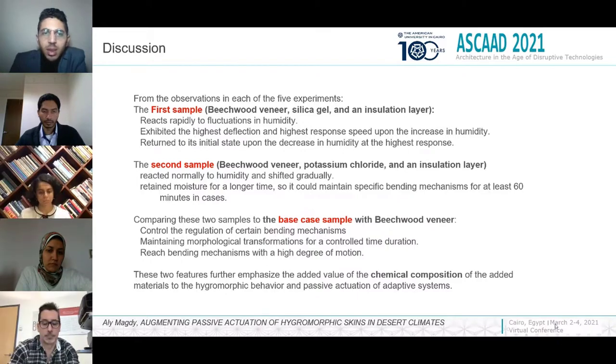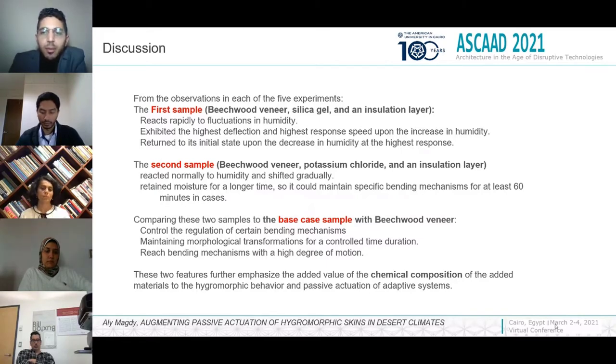As a conclusion, the research aimed to develop skin morphologies, utilizing programmable passive actuation towards enhancing building facades and adaptive skins. Hygromorphic materials like wood can exhibit various deformation patterns and morphologies based on several embedded control parameters like wood type, thickness, dimensional proportion, and others. Also, the study in this paper will augment these passive actuation mechanisms by mimicking the water retention properties of thermal level